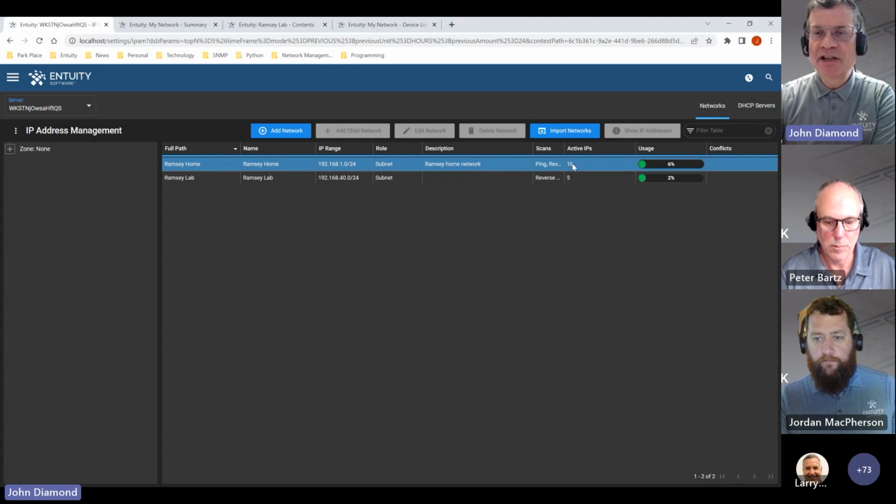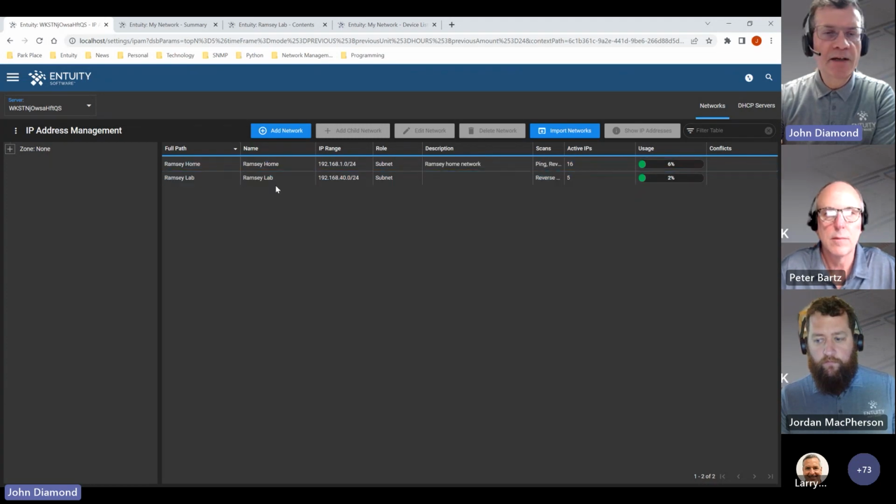What this has found is that I currently have 16 active IPs that represents 6% of my total available range. And by the way, that does exclude the .0 and the last IP in the range, which are the reserved